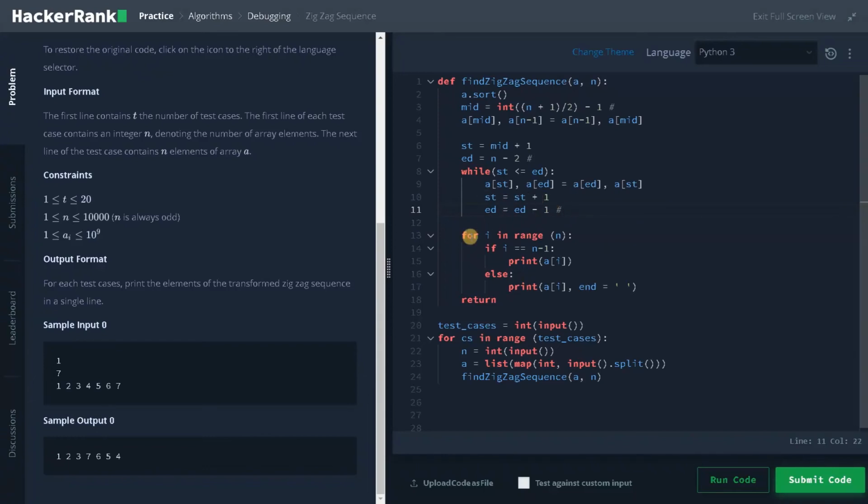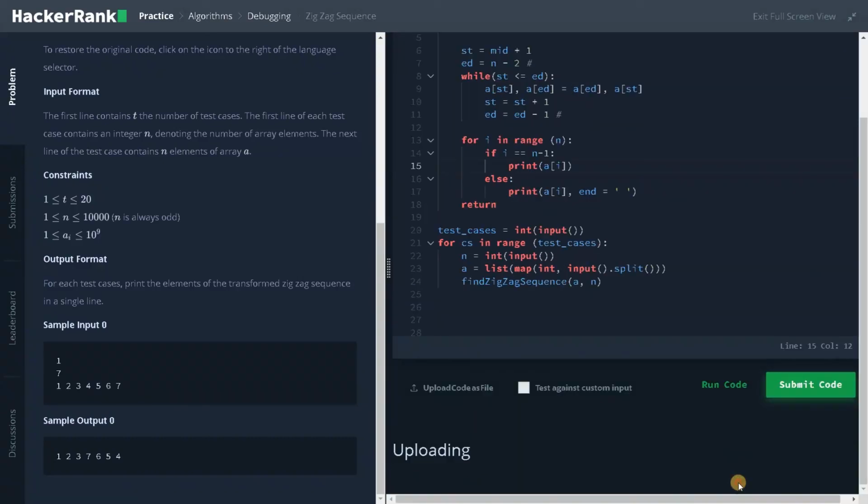And now for the result, they are just iterating over the whole array, that is the length, and if it reaches n minus 1, it will print a new line, or else it will print the array elements side by side using this end parameter. So it will display like this, and finally it will display this 4 and get a new line. So that's how it works.